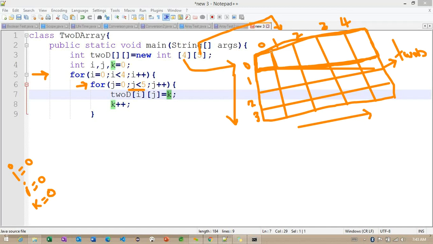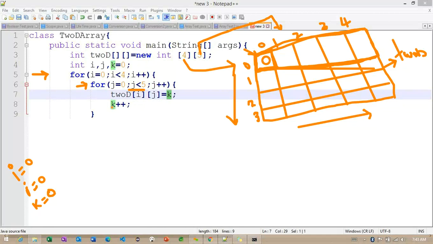So now we are in this particular block of code. What is the K value? The K value we are having 0. This 0 is going to be initialized here. But carefully observe, we need to check the row level index, and the same way we are checking the column level index here.